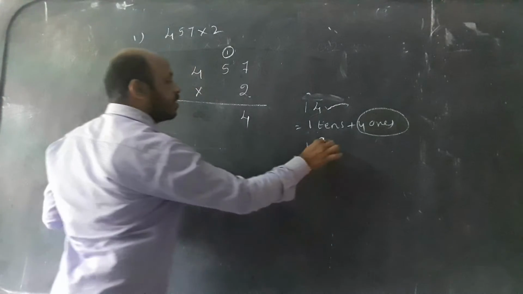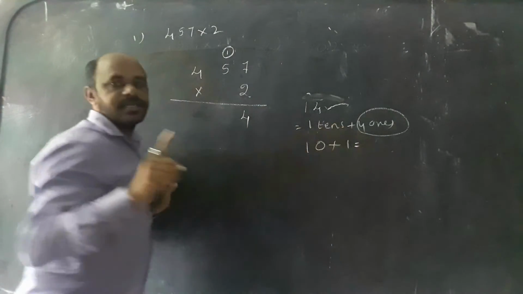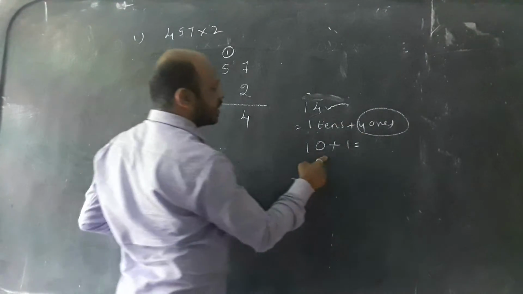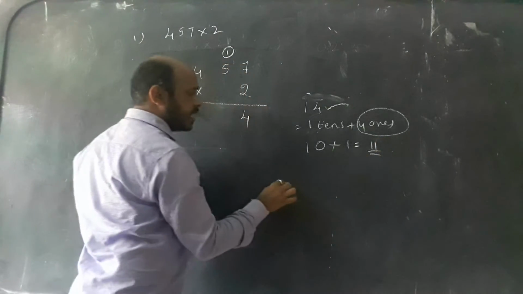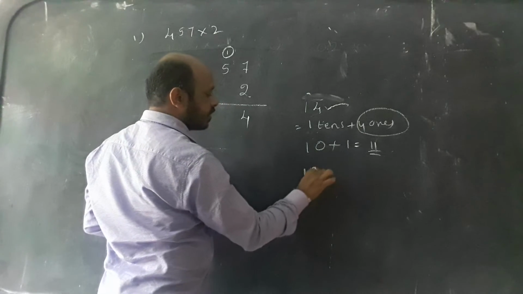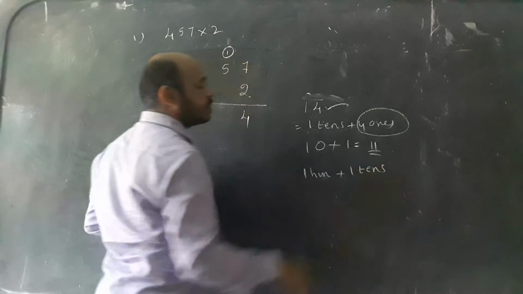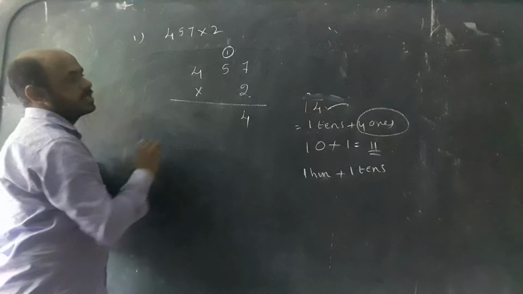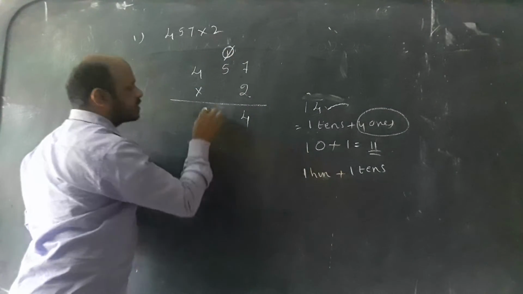This carry, whenever we are multiplying, then add. Carry is always compulsory, we have to add. Okay, 10 plus 1 will be 11. In the 11, how many are there? 1 hundred, 1 ten. We are multiplying tens now, so the first place goes to tens. This goes to the hundreds place. This is already added, just cut it. Okay, this tens place 1 is there.